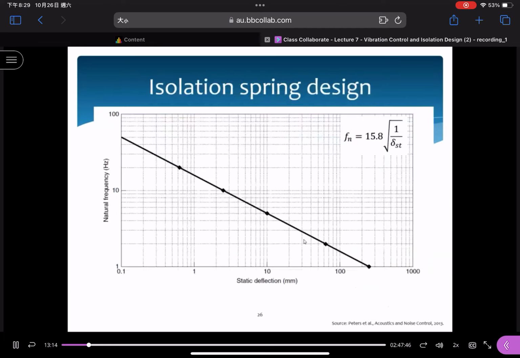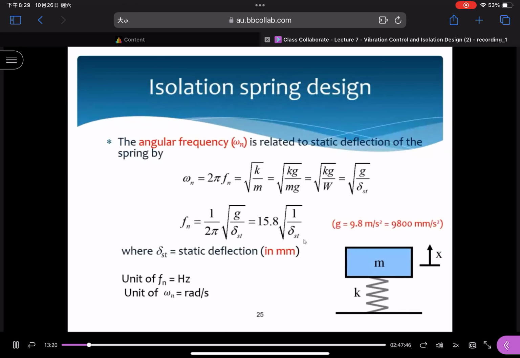And if we only know the deflection or the spring, okay, we can use these equations to find the natural frequency. In this equation, please bear in mind that delta is in millimeters, not meters, okay? So if you substitute the deflection values into this equation, you can find fn, okay? If we don't know the values of K or M,